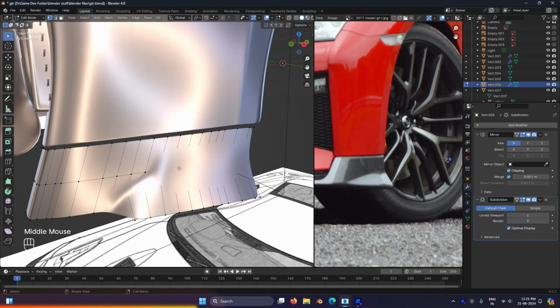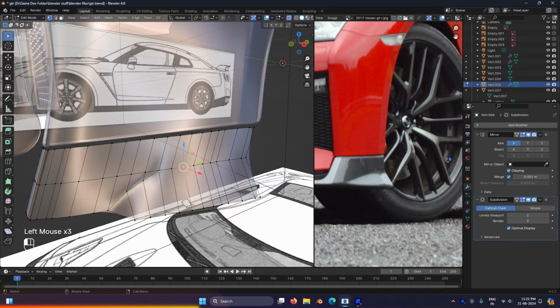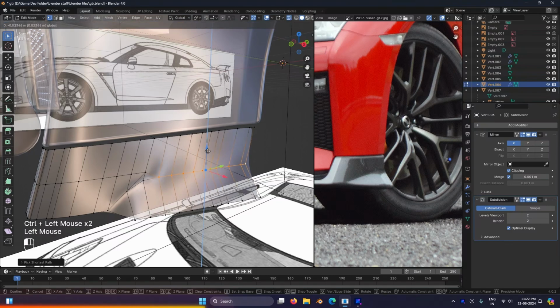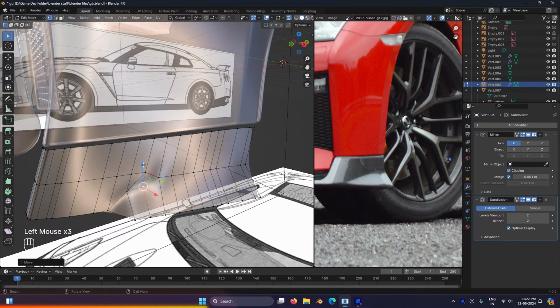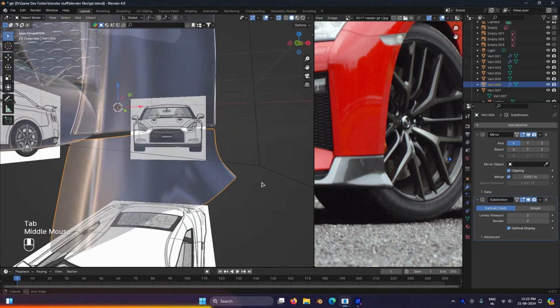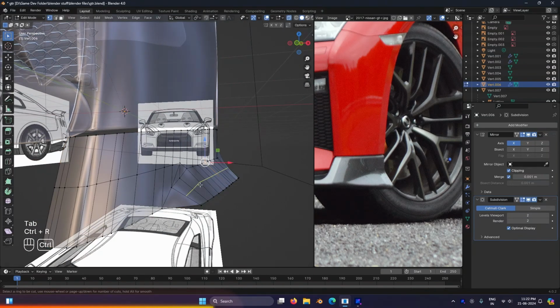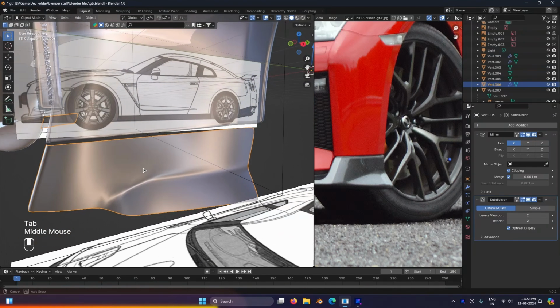Still, it's too high. So we will drag this a bit to level it accordingly. Now we will sharpen the edge